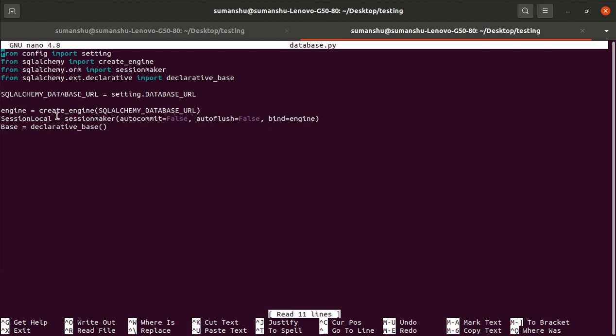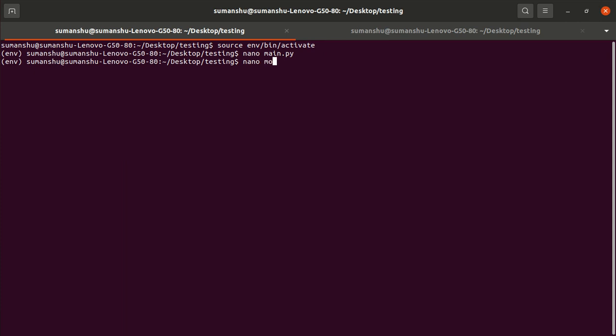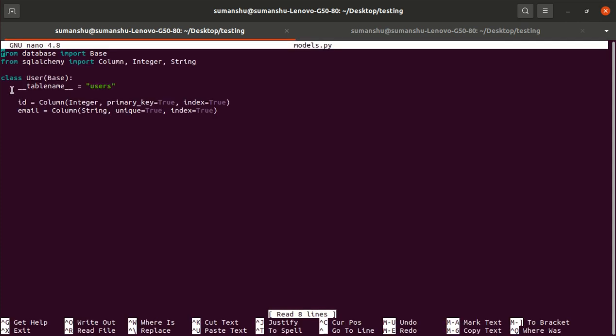So this session is for this engine database. So we are defining bind is equal to engine. Then once we have the session, once we have the workspace, then we have to define the tables, right? And we define the tables in the form of classes. So we define our table class User, and when we define the table, two attributes are the minimum required.